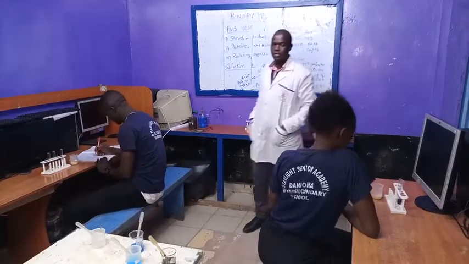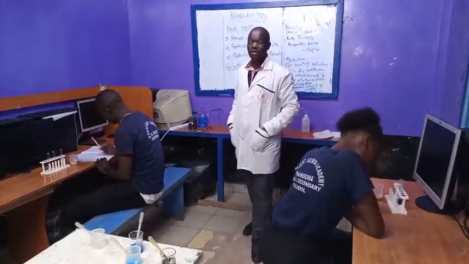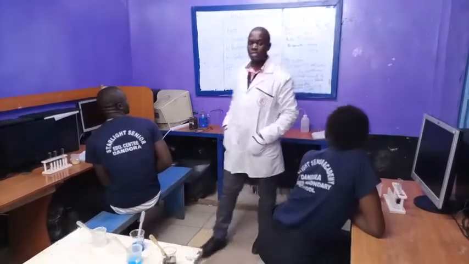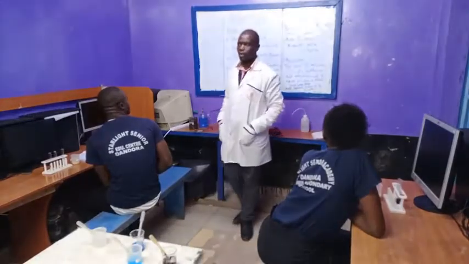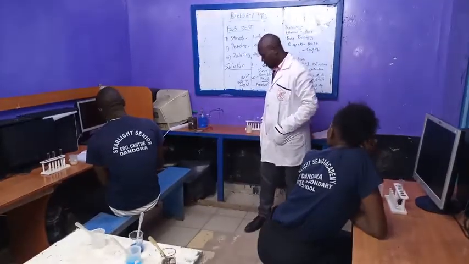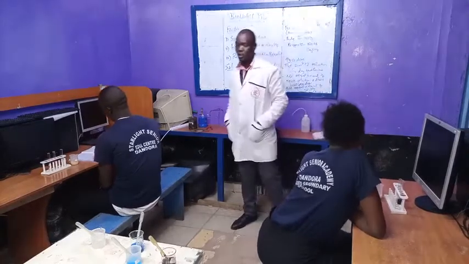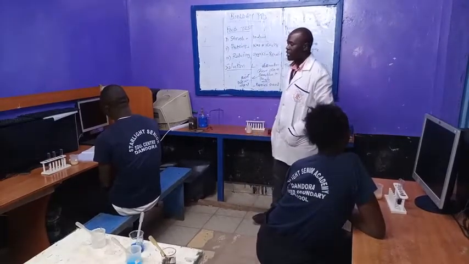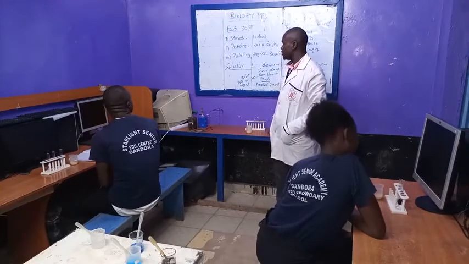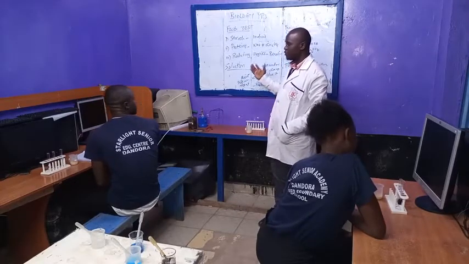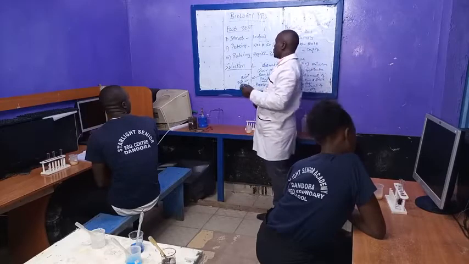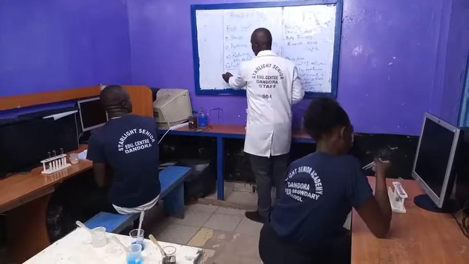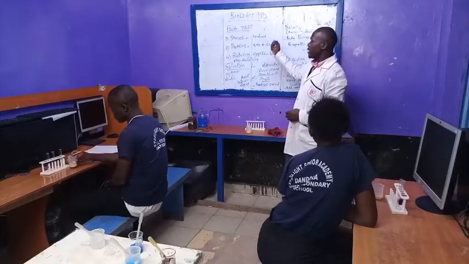So just to sum up whatever we've learned today, we were talking about food tests. That is more or less a compulsory question in paper 3. Paper 3 consists of 3 questions, and one of the questions, question 1, may be part of food test. In terms of food test, there are several foods that we can test for. We can test for starch, proteins, reducing sugars, vitamin C. That you are given, try to know